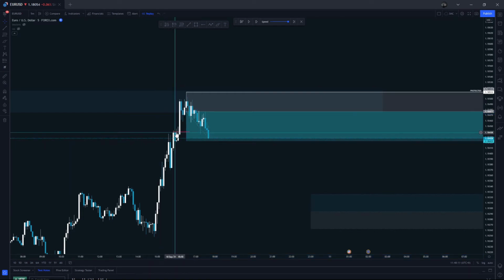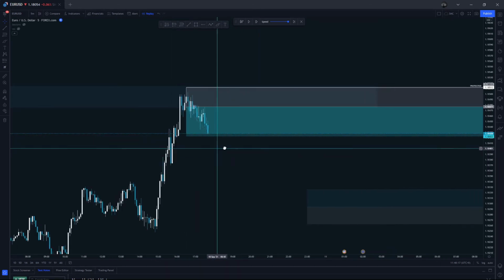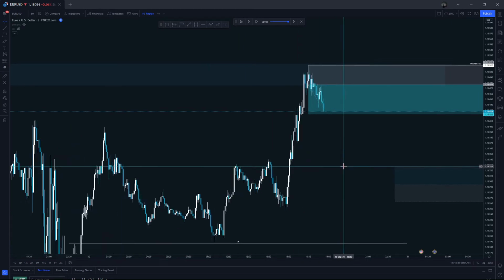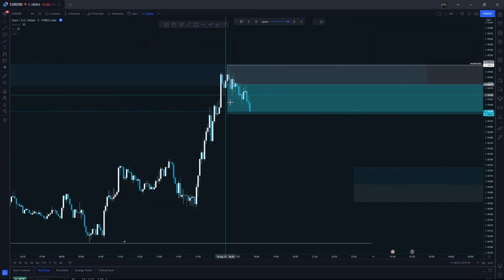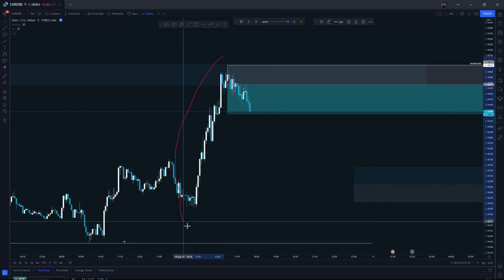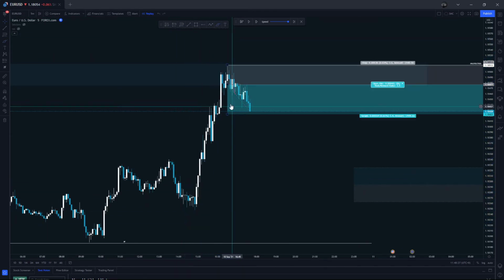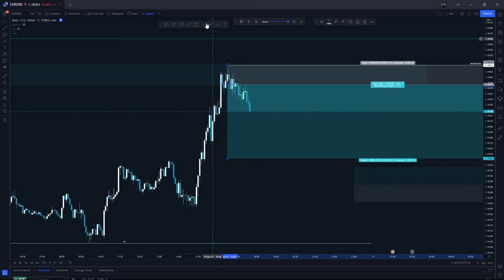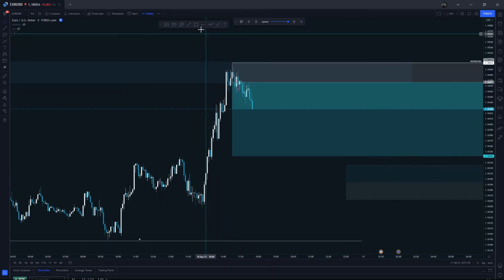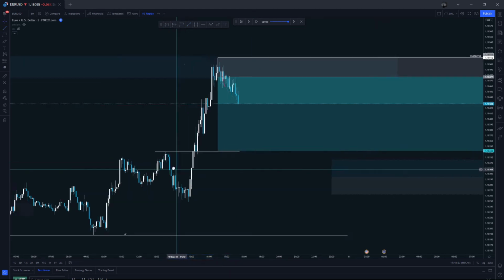So technically I could partial here, near the 50% of the OB. But at this point, since it's a very huge pull up to the upside, maybe lots of imbalance you can see here. Maybe I can partial at this point. Why would I partial at this point? This is the first partial, okay? I partial at this point because you'll see this is an open of an OB right here.